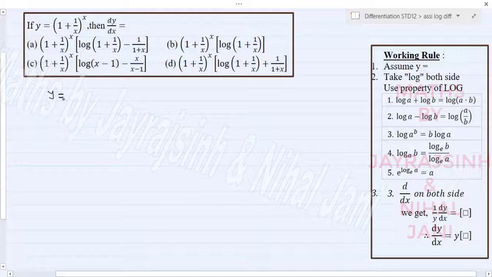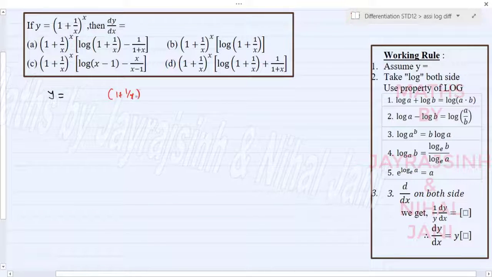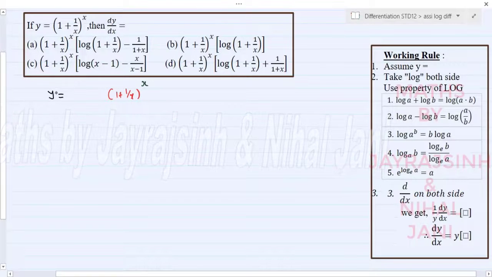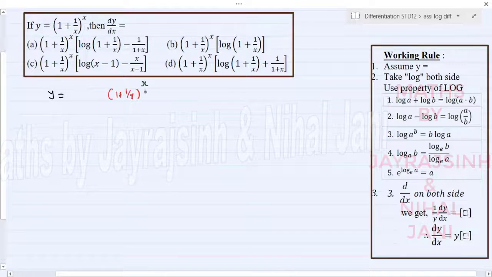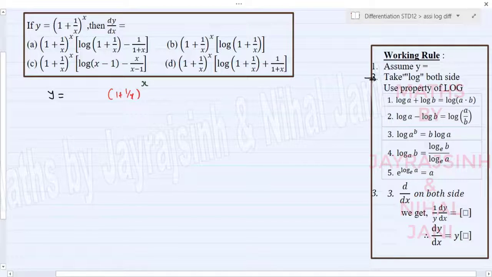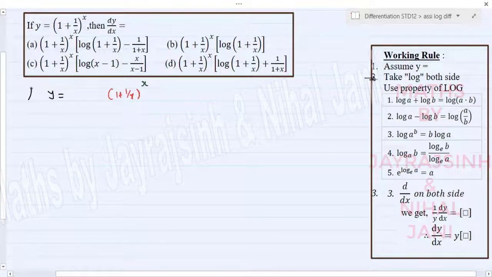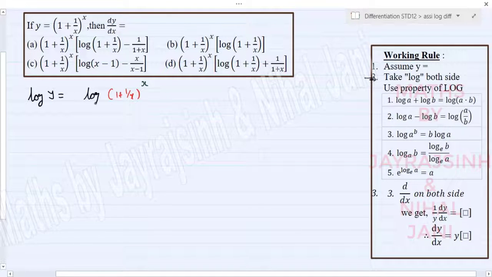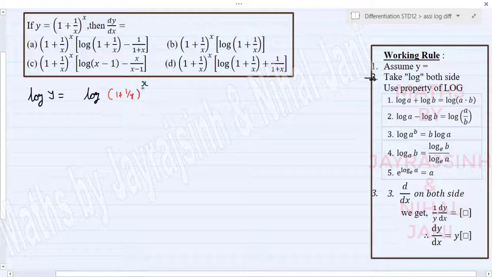If y is equal to (1 plus 1 by x) whole raised to x, then we have to find dy by dx. Now, this is the first form of logarithmic differentiation. We already have our y. Now let's take log on both sides. So on the left side we'll get log y, and on the right side we'll get log (1 plus 1 by x) whole raised